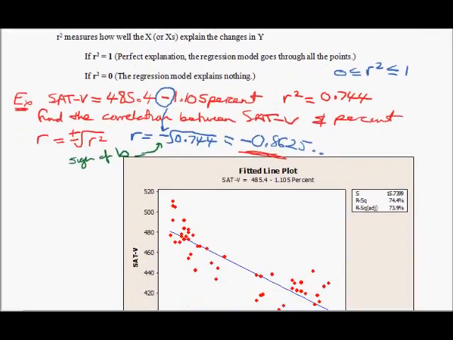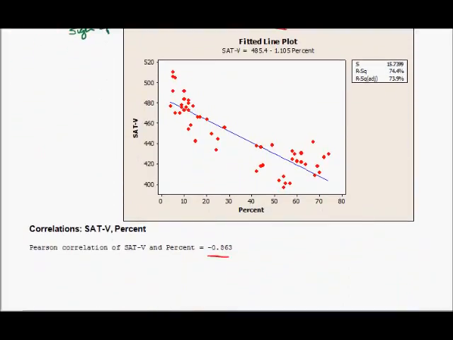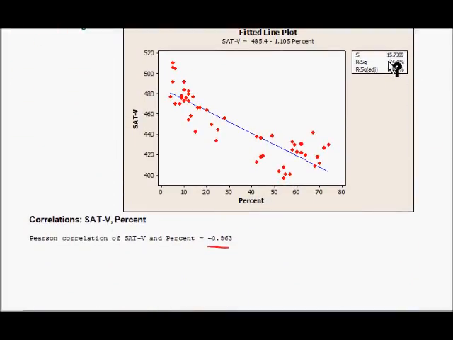So another way to interpret the r squared, which is actually a nice way to interpret it, this 74.4% tells us that 74.4% of the variation, or in other words spread, in the y, the SAT verbal,